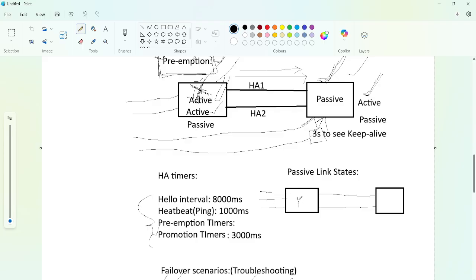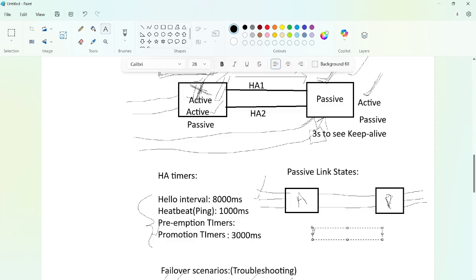All the interfaces on the active firewall will always be in the forwarding state. Forwarding state means they are up and running and carrying traffic. But the interfaces on the passive will be in the shutdown state, or we have two passive states. All the interfaces connected to the passive will be in shutdown state,